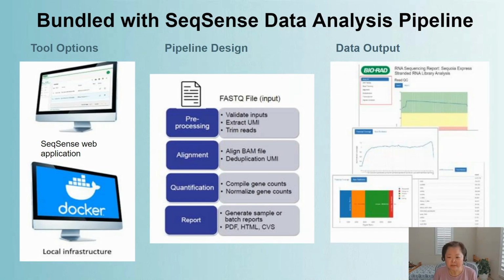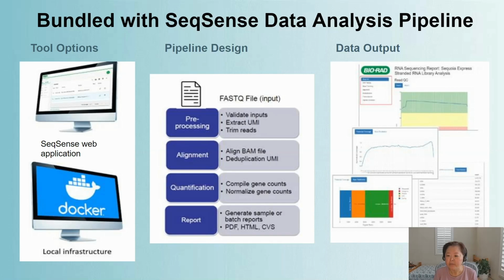How about the data analysis solution? No problem. We have 2 bioinformatics tools available for you to analyze your NGS data. One is a web version that is simple to use. There's no need for complex command lines, and data is processed in the cloud. The Docker version is what you can download, install, and run on your own infrastructure. Both options will process your FASTQ file with the same underlying algorithm and will give you the same result.